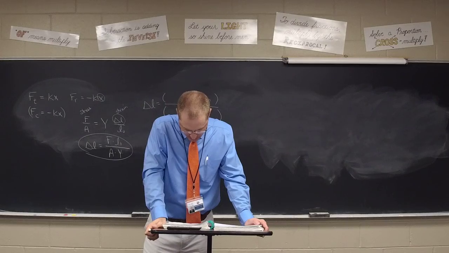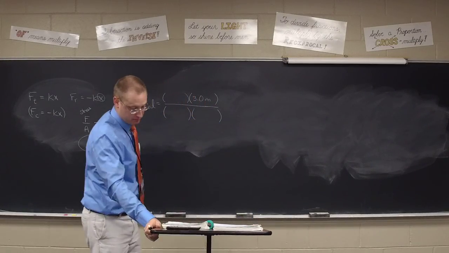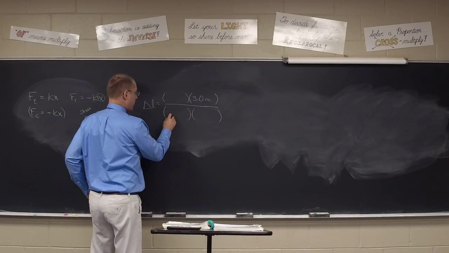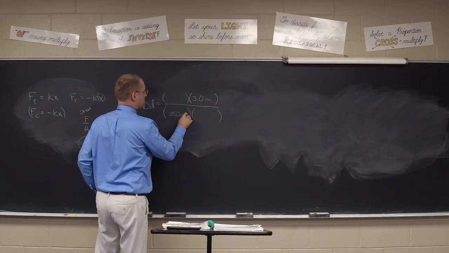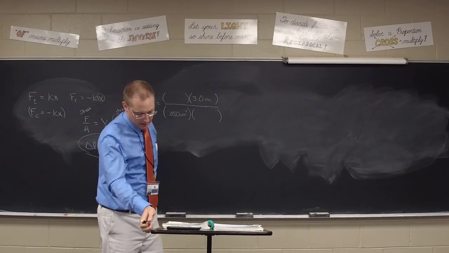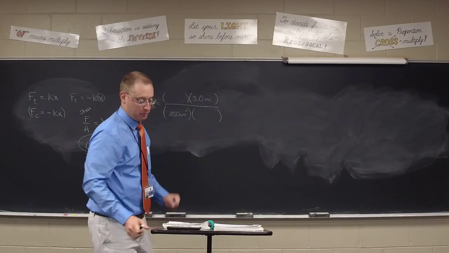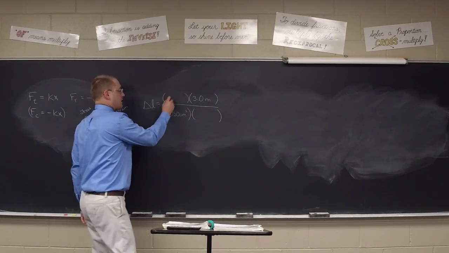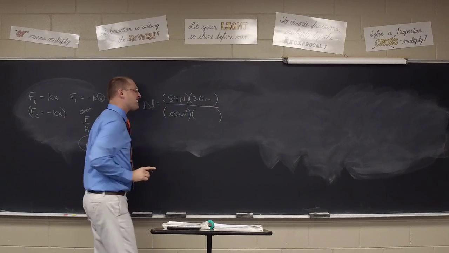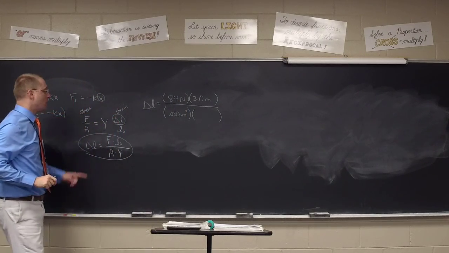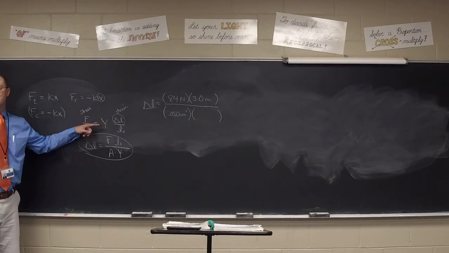It tells us the cross-sectional area, 0.050 centimeters squared, and the tensile force that is applied, 84 newtons. It doesn't tell us Young's modulus, but remember, Young's modulus depends on what is the substance